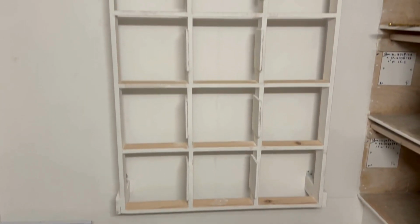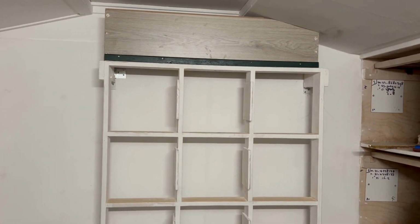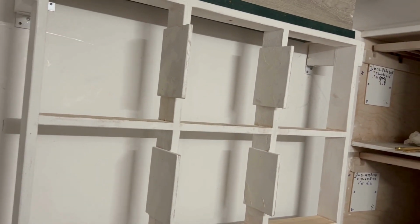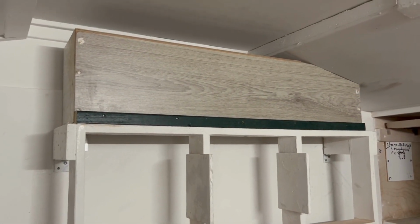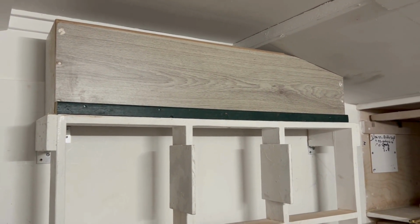So they are very small, the places where they sit, and with the little pieces of wood so that they can't see each other too much. And they can't sit on the top of it. So as you can see,